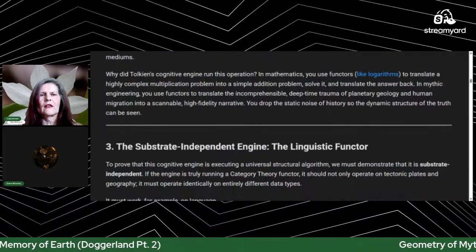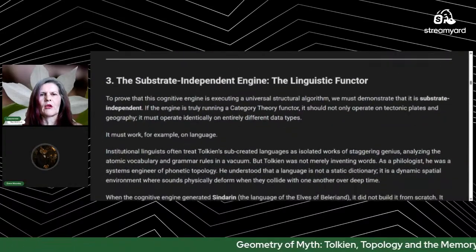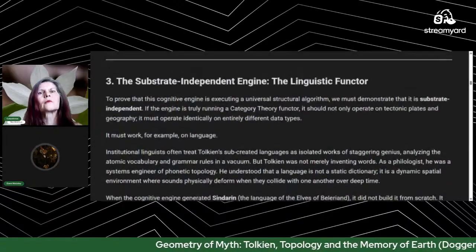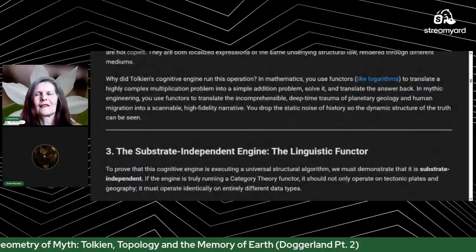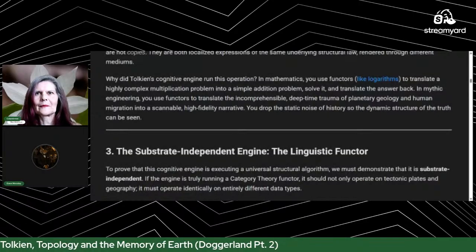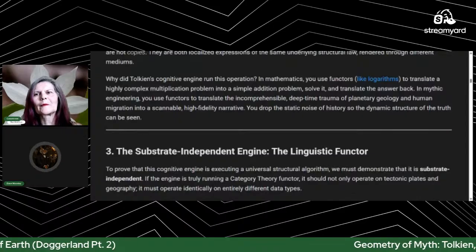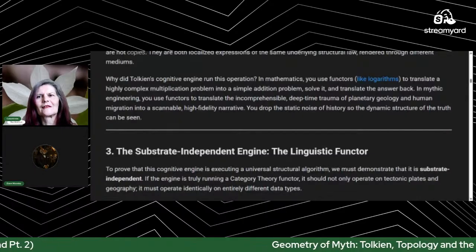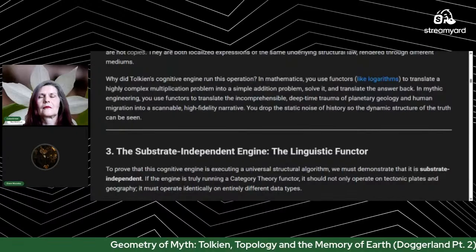We got the substrate independent engine. Okay, we're at number three right now. I just want to follow up a little bit. As we launched this whole side discussion here, if you leave large language models unconstrained, they can output bullshit. So what I do,